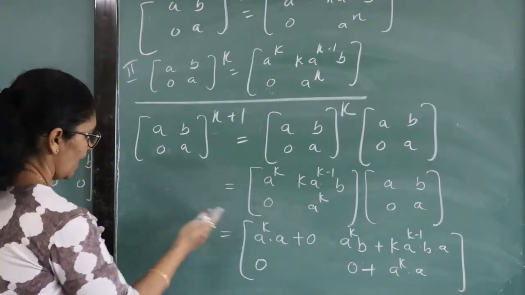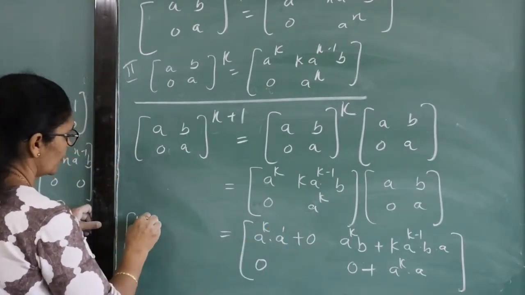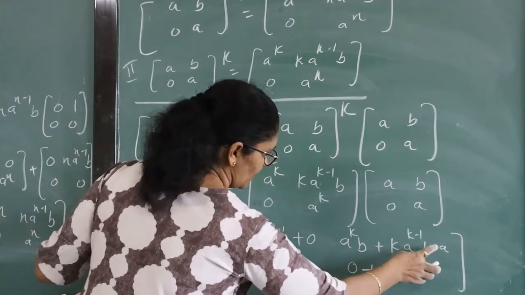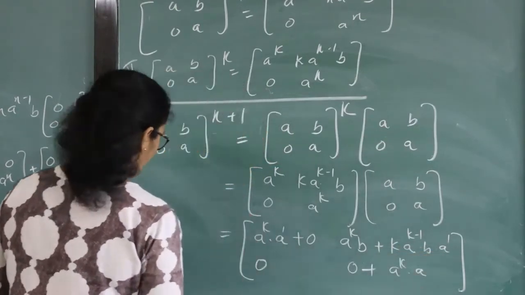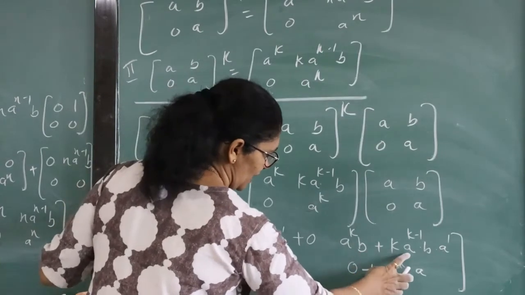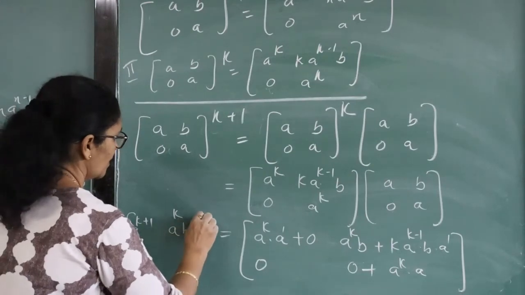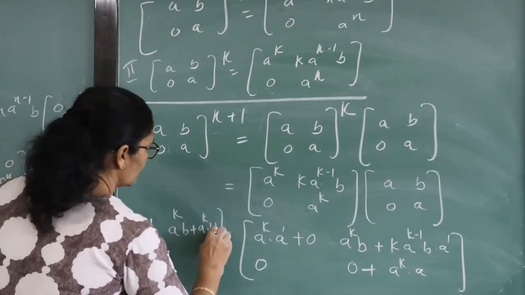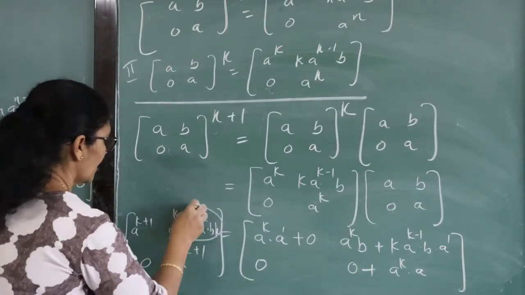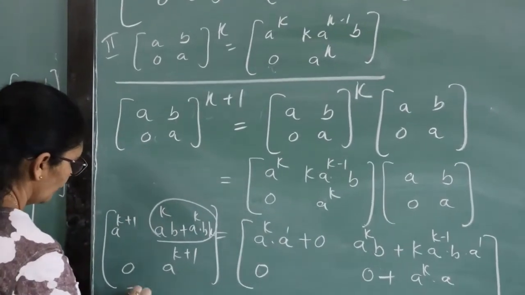Okay, now a very simple step. I write here a^k and this is power 1, so a^(k+1). Here a^k: if you combine these two, the k minus 1 power and this 1, we get a^k. So what you get is k a^k into b, plus a^k into b. So a^k into b plus a^k into b into k. This 0 stays as it is, and a^(k+1). Here, if we take a^k into b common, we have 1 and k. So what do you get as an answer?